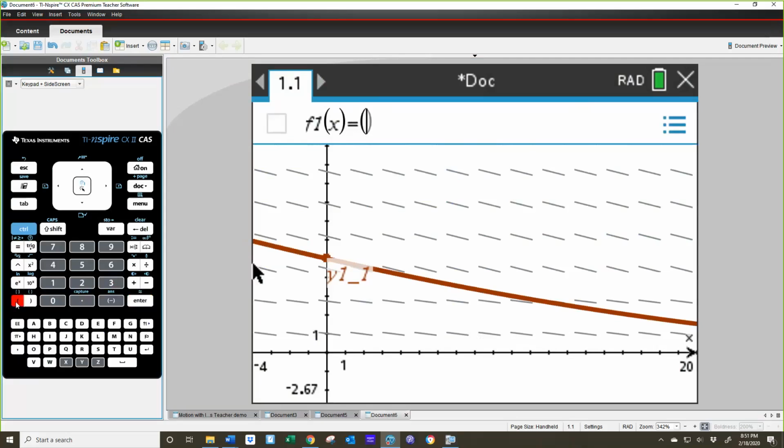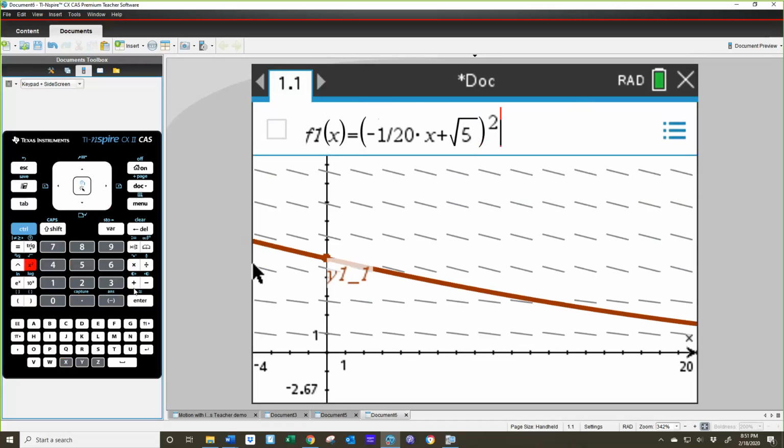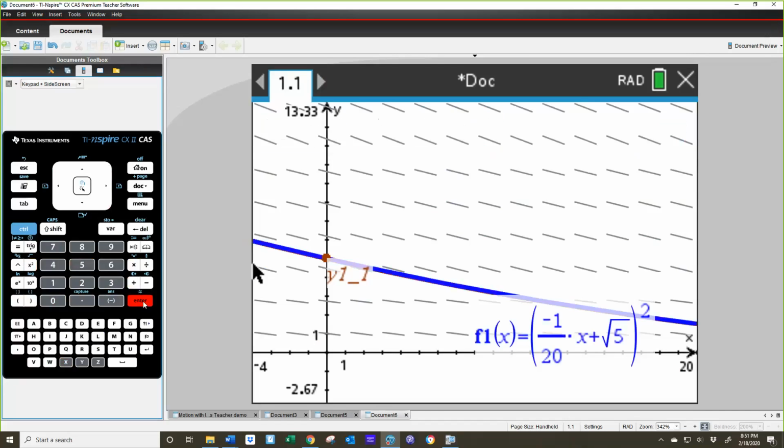So we need negative 1 over 20 times, in this case we have to use x again because we're in our function grapher, plus the square root of 5. Let's see, I got to get out from under the square root sign, close my parenthesis, and then squared. And when I press enter, I should see that solution curve as a function overlaying the solution that the differential